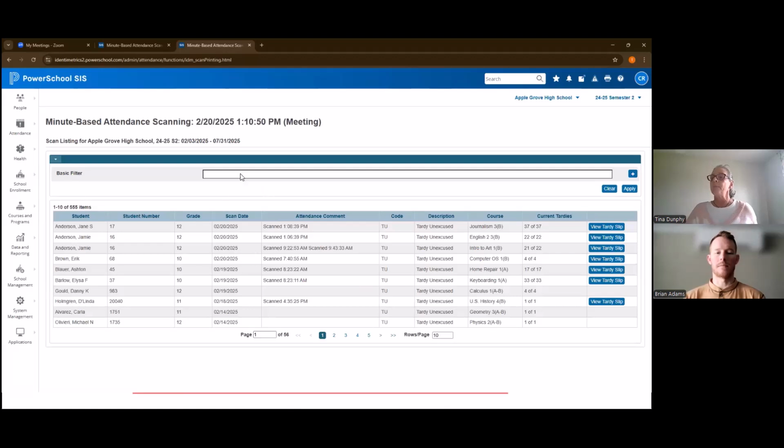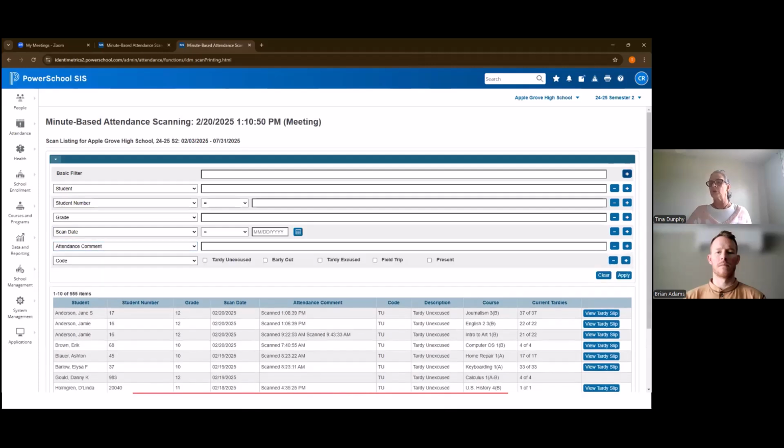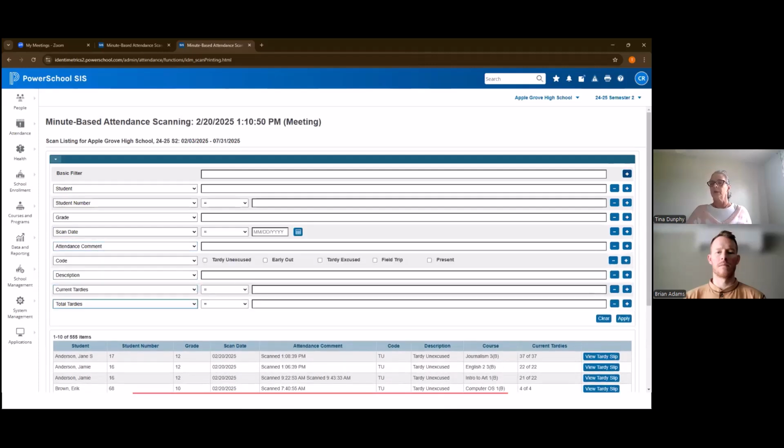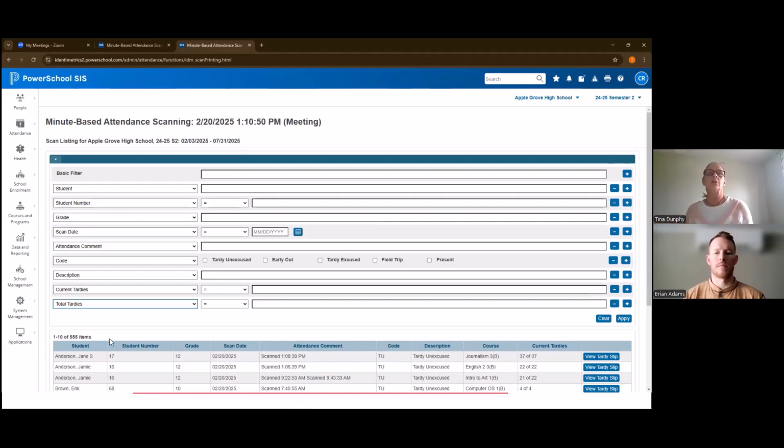So basic filter is just part of PowerSchool. So this filter option remains. I'm going to just open these up independently because I think it gives you a really nice view of what you have here. Okay, but look at all these awesome sort features. So you can go ahead and refine your searches and filters to see the information very easily to be able to make some decisions about what you want to do with certain codes or certain students